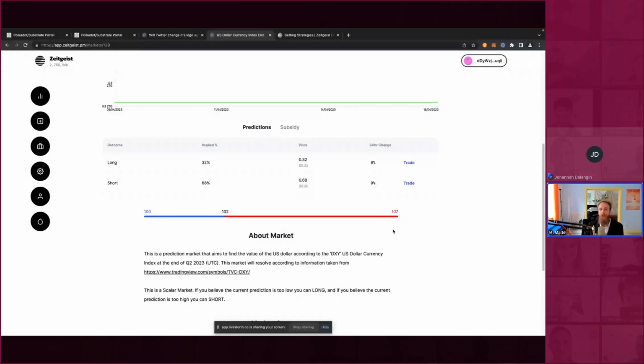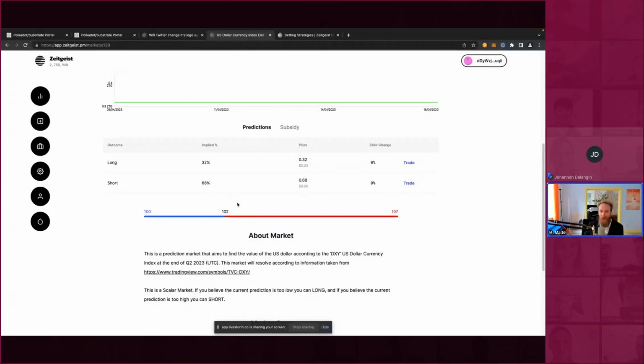The exact way this works is, the lower the price of long, the closer the prediction is to the lower end of the spectrum. Or let's put it differently, the lower the price of long is, the higher the price is for short.